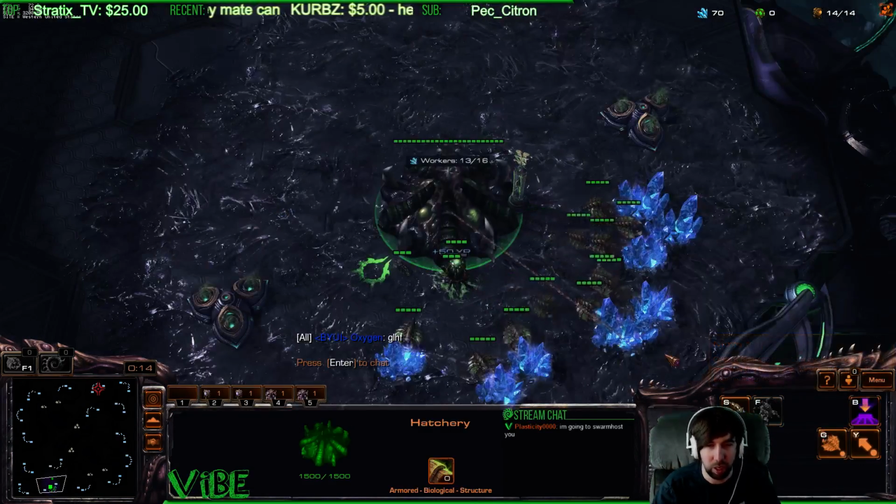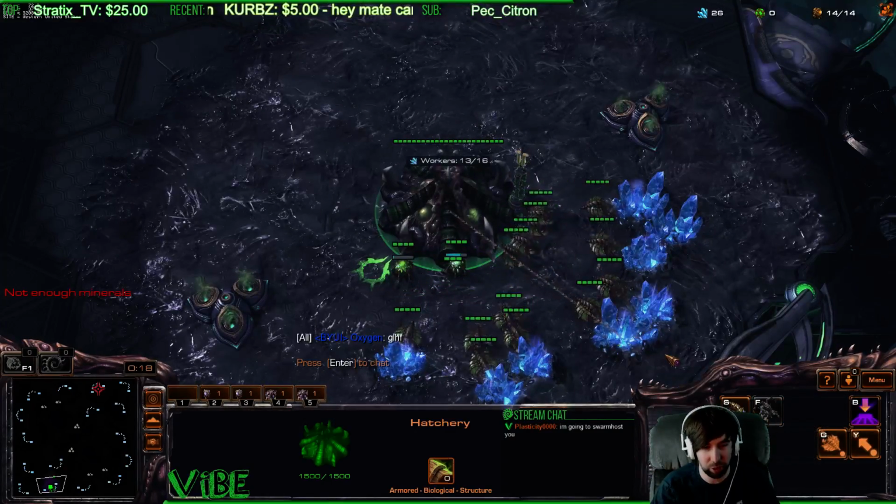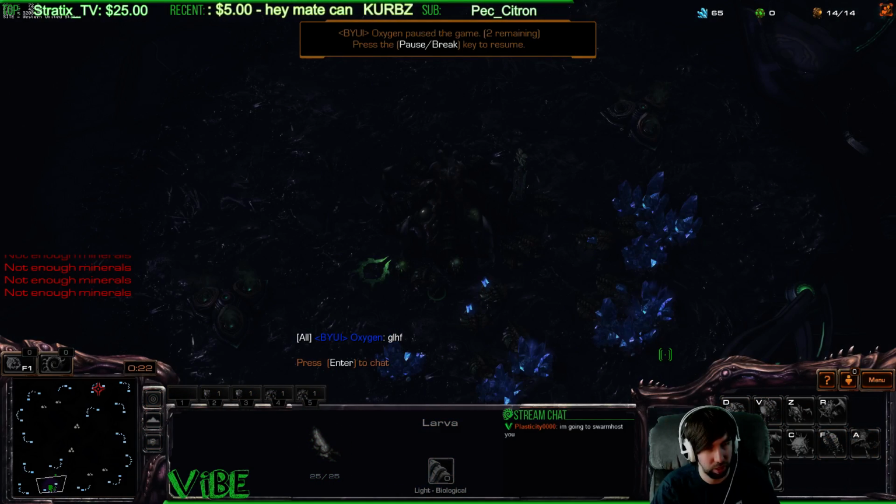But anyways, the thing you need to remember is SD, SD. Make your Hatchery SD, SD, SD, SD. Just get in the habit of it. I'm not even spamming it. I'm just periodically...